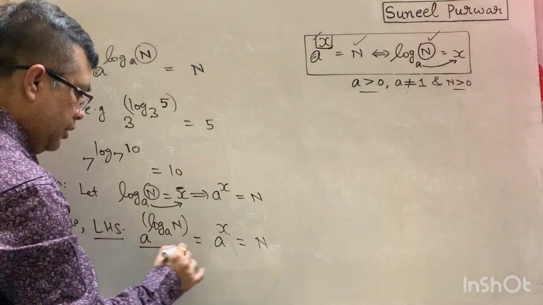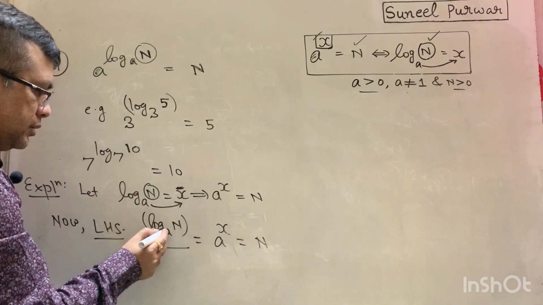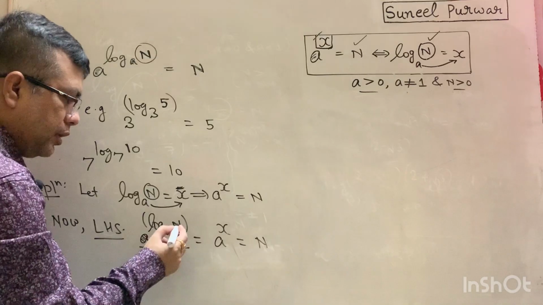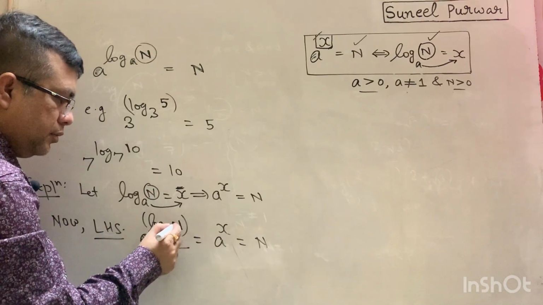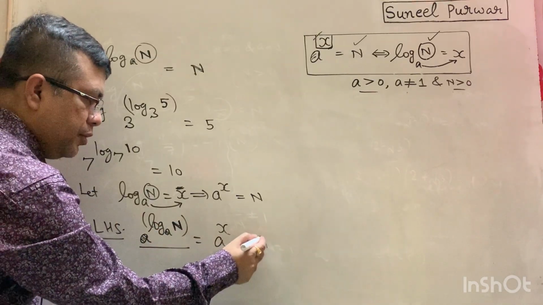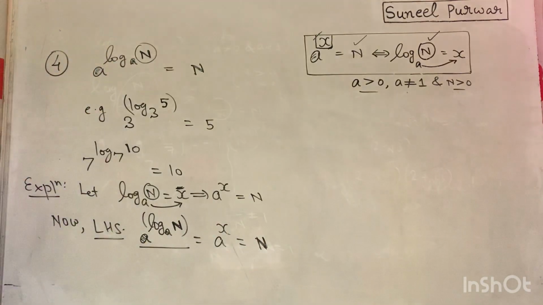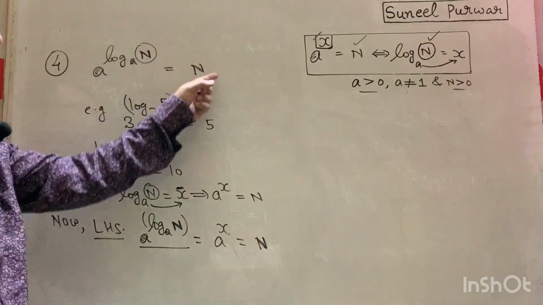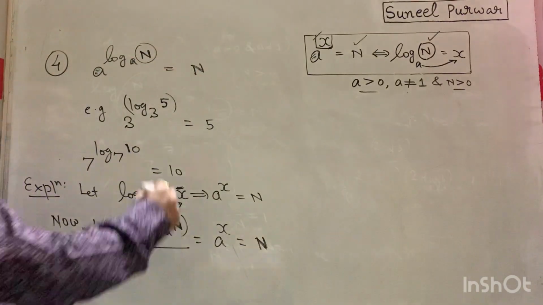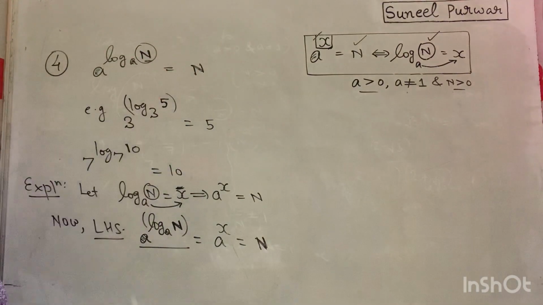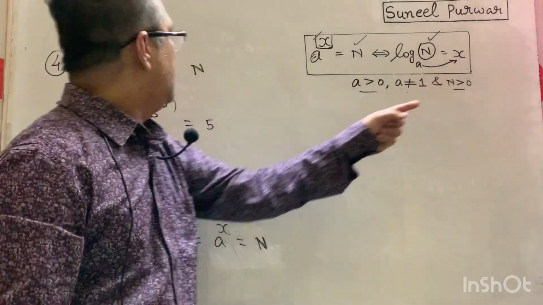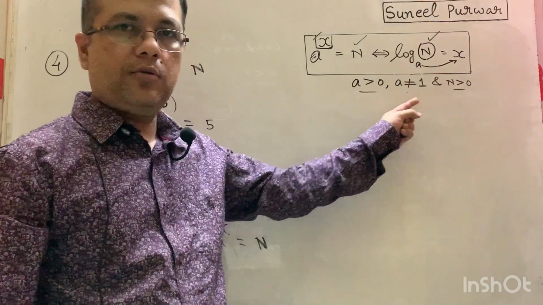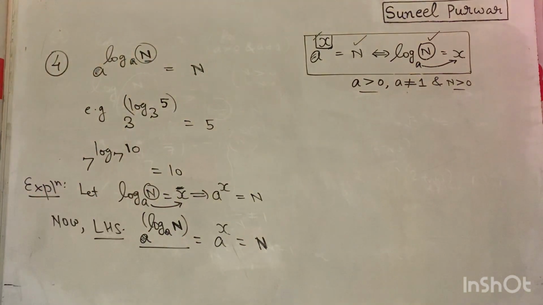Got that? When these two bases are the same, the answer for such a question in this format will be the same number, which is here, n. Whatever this number is, the same number will be your answer. But once again, don't forget, for this property to be valid, n must be positive, because you are taking log of n. You are taking log at base a, so a must be positive and it must not be equal to 1. Don't forget that.